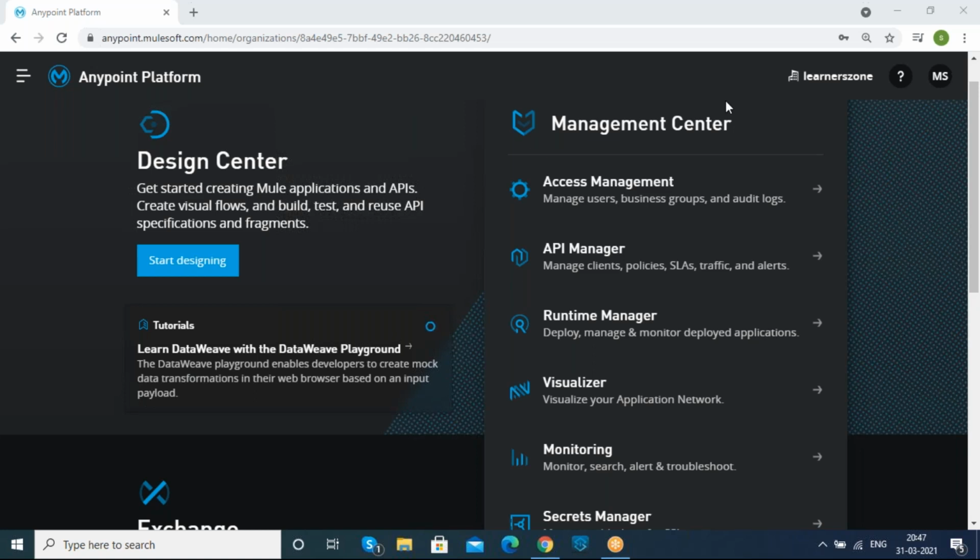And if you are doing it in the Anypoint Platform CloudHub as well, in the Runtime Manager we will have the logs. After deploying our application, whenever we face any issues, the logs will display the error for us. So by checking that, we will be able to sort out the issue in the code.